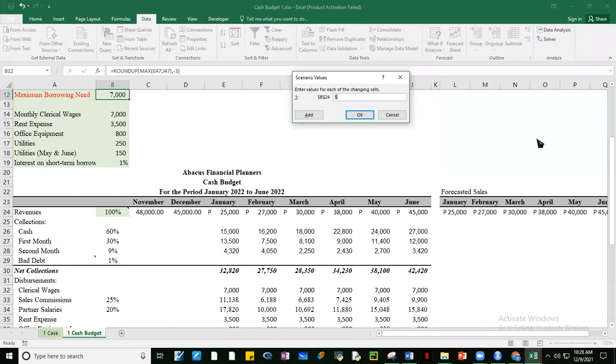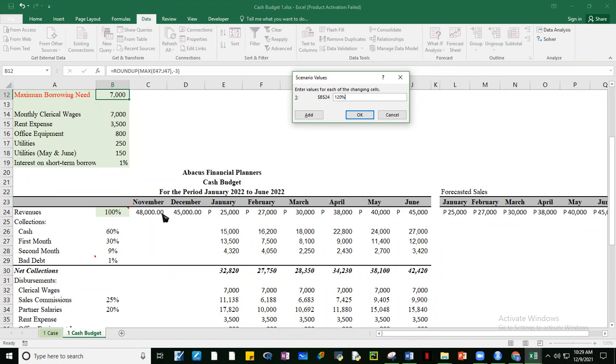Then enter values of the changing cells. Okay. Ano yung ano natin, guys? Yung best case scenario. Our best case scenario is 1.2, di ba? Or that's 120%, di ba? Of the projected sales. Ito yun. Gagawin niyang 120% to. So pag ginawang 120%, magbabago yung ano natin, yung sales natin.